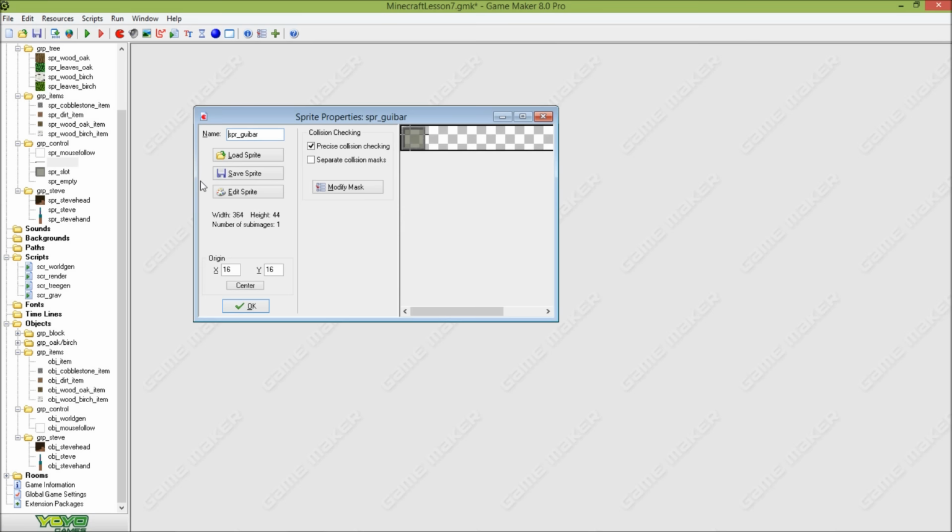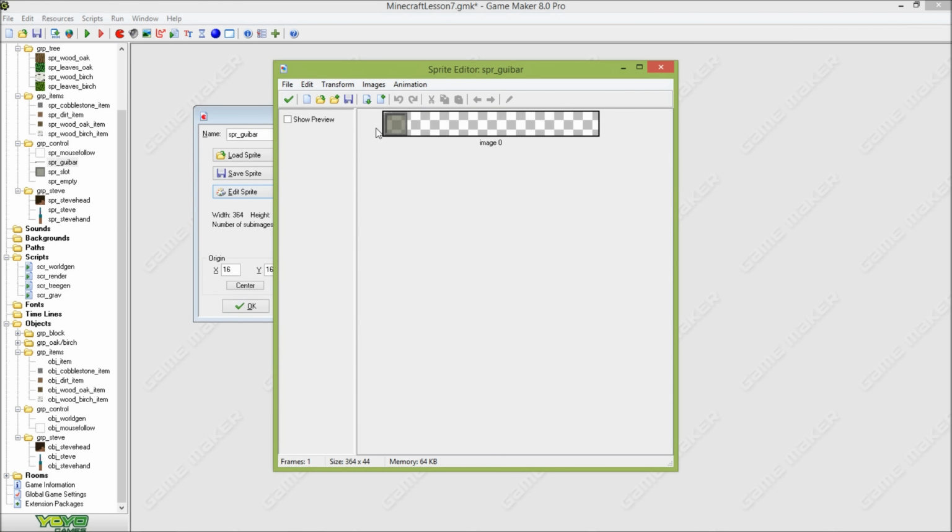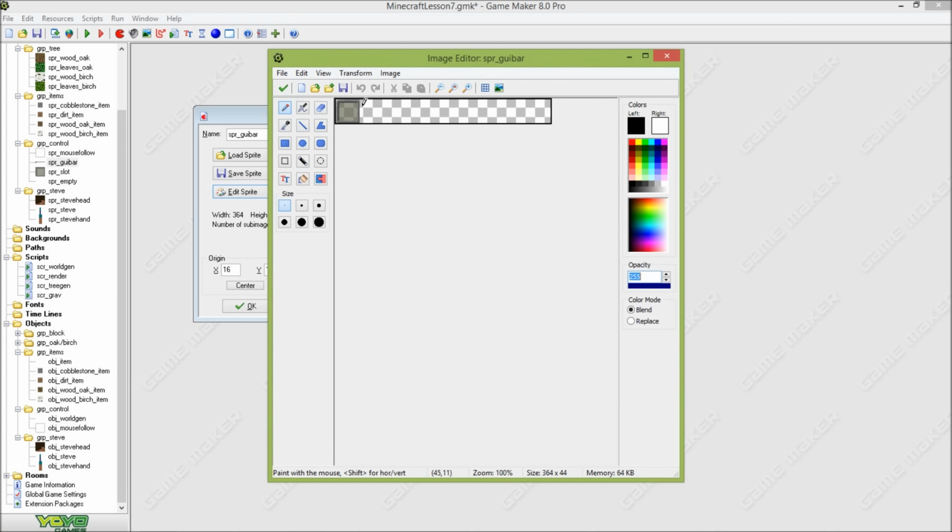So first of all, you need the GUI bar, which is in the Minecraft folder, and then remove